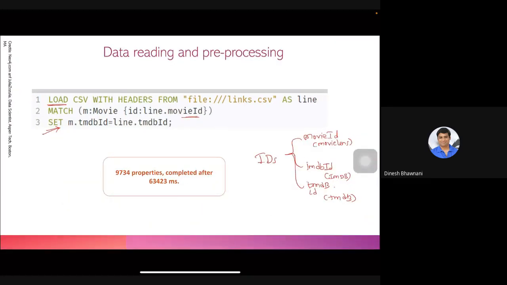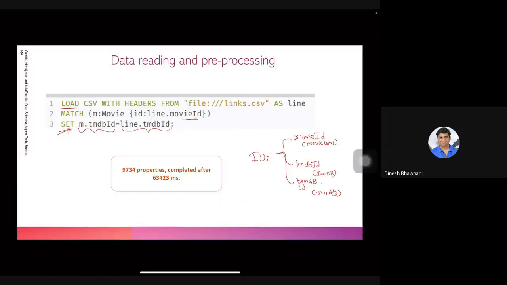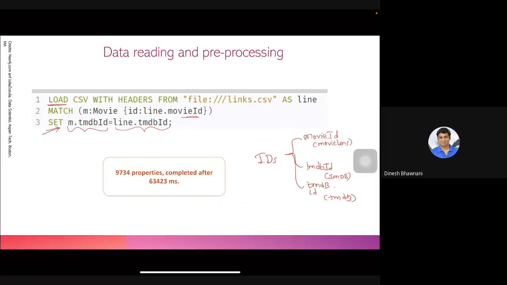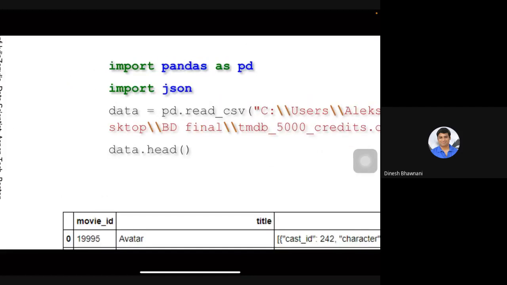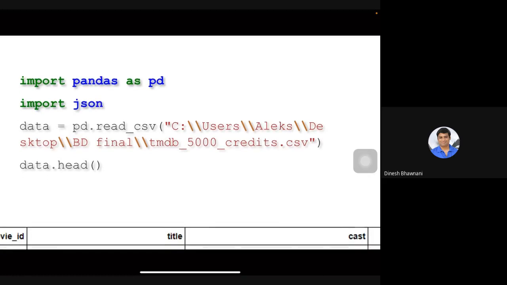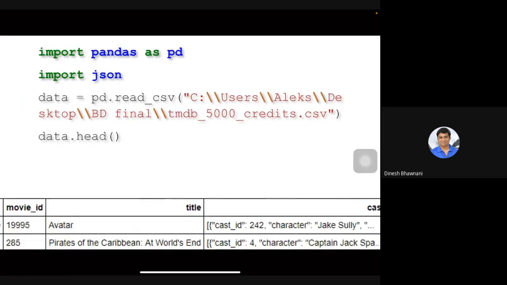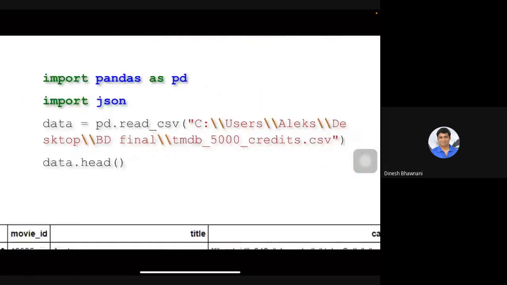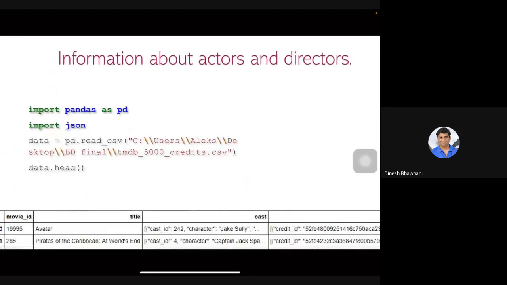You're setting this TMDB ID to be part of your movie. And what does it correspond to? It corresponds to line.tmdb ID. So you've also heard from Gyan Prakashji there are drivers for Panda and all that. So if you import pandas as PD and import JSON, what you're trying to do is basically